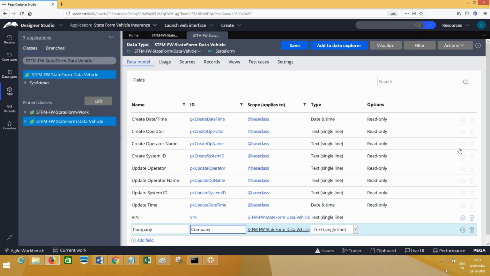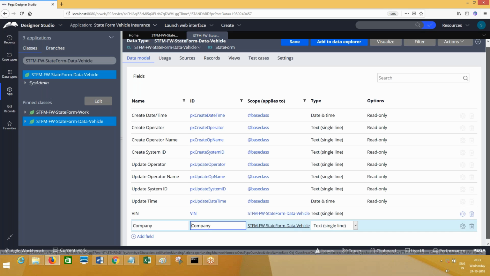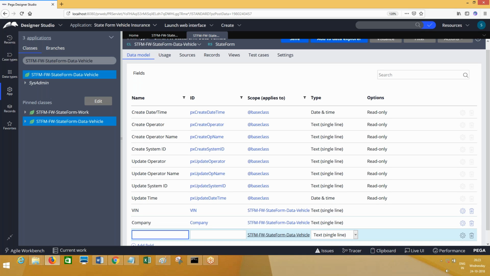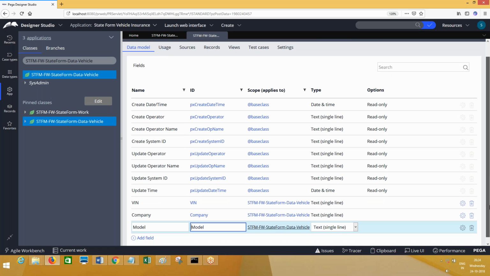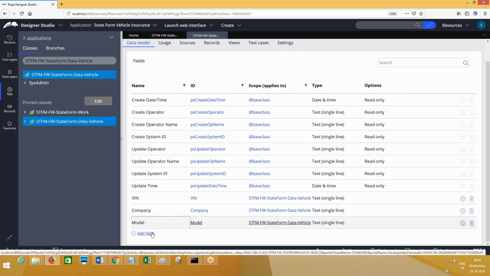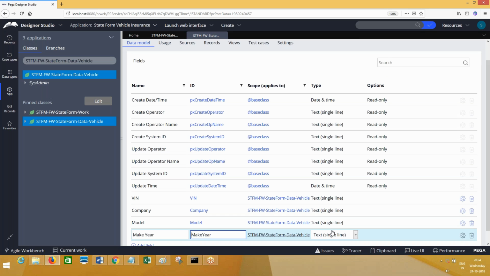Vehicle type I did not mention there. That will come in the transaction detail screen, which we will be working on later. Okay. Model and make year. Make year, I want to take it as integer. It's not text. Let me take it as an integer property.